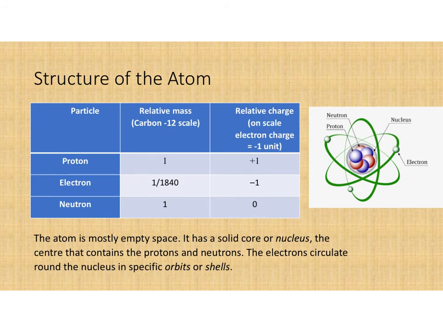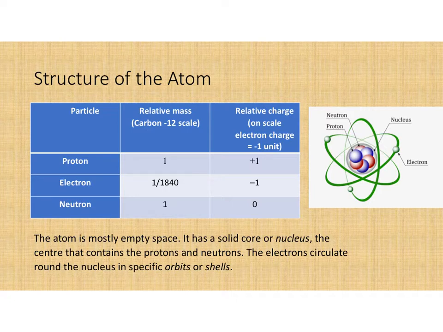So the structure of the atom, this is the solar system structure of the atom, which we use for GCSE, and it just shows how it is made up, and hopefully you remember that in a nucleus are protons and neutrons, and that's where most of your mass is, and orbiting around the nucleus are electrons. Protons are positive, electrons are negative, and neutrons do not have any charge. So you may remember atoms are generally empty space because the nucleus is so small,